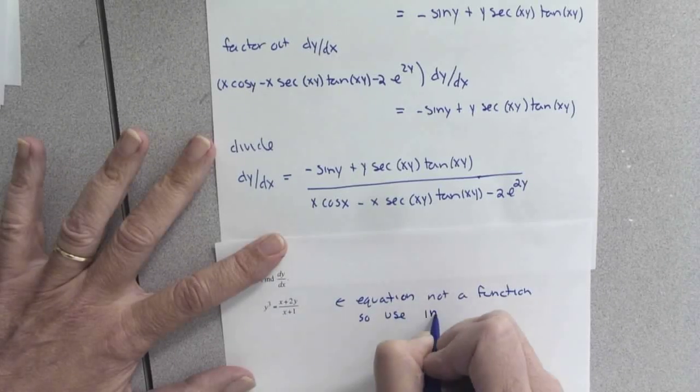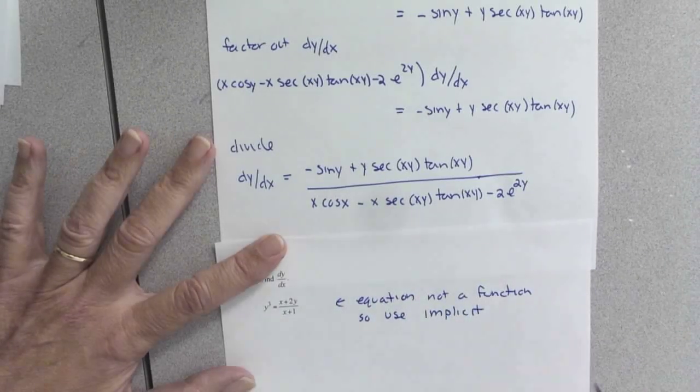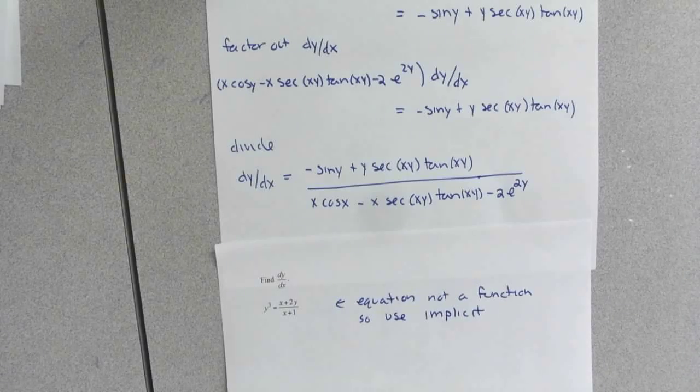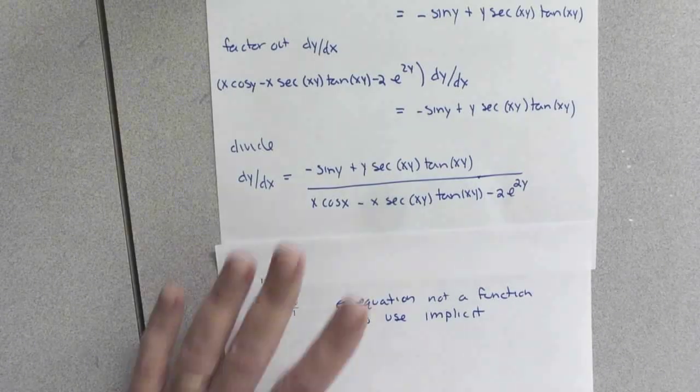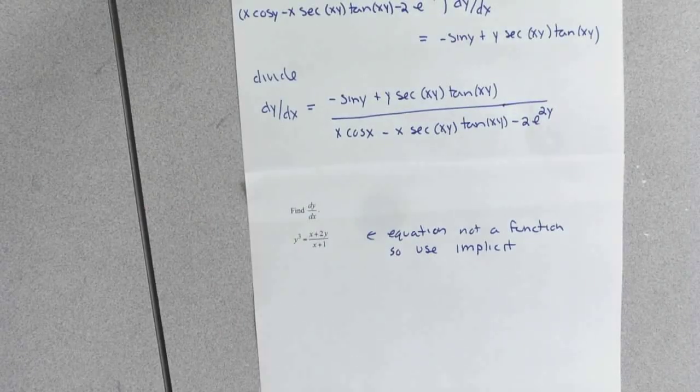So use implicit. And like I said, on a test or quiz, I'm probably not going to tell you to use implicit. The homework does tell you. And if I was in charge of the homework system, I would change that. But on a test or quiz, I'm not going to tell you. You've got to recognize. So again, all the basic rules, but every time I differentiate a y, I follow it